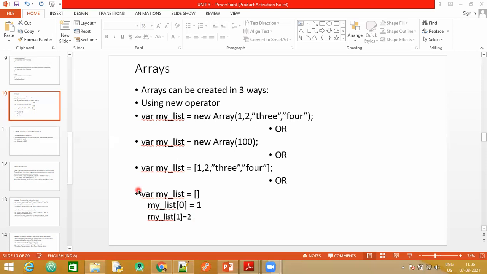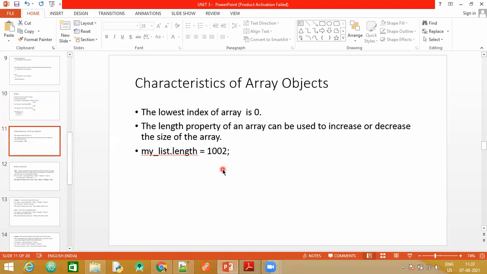Now, after this, let's understand the characteristics. One important characteristic of array objects is that they can be of different data types. You need not stick to traditional programming languages wherein you want the array elements to be of the same data type. In JavaScript, arrays can have different data types but still belong to the same array. Another thing is that we can increase or decrease the size of an array, and that is why in JavaScript it is said that arrays are dynamic in nature.